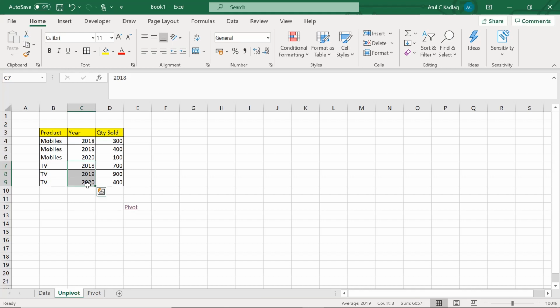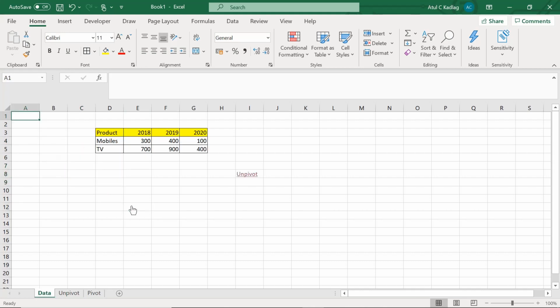The main thing is that we can pivot and unpivot data. If you don't want unpivoted data, then we can pivot it back to the way it was originally. So this is the way we can do it, and we will try to see this in our project. Let's go back to our query editor.